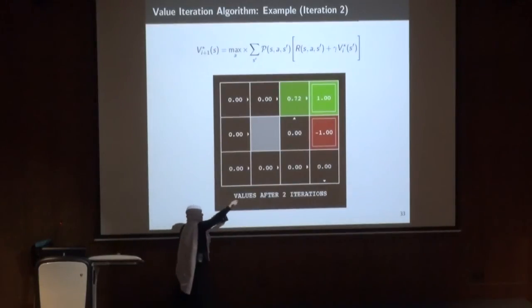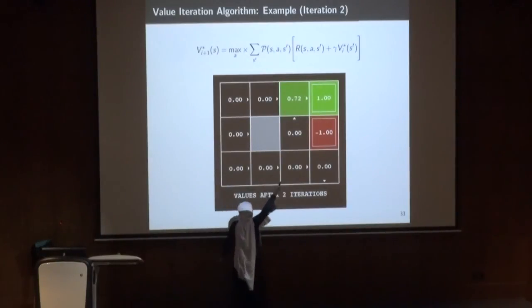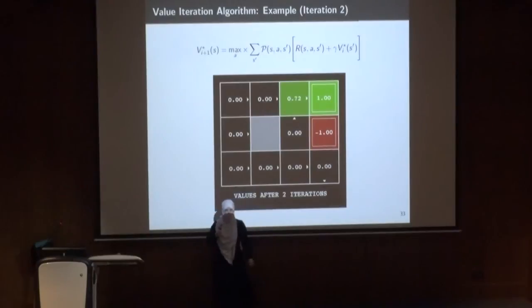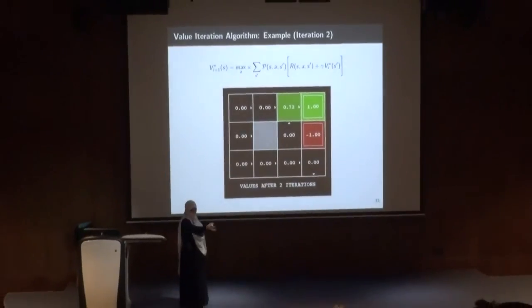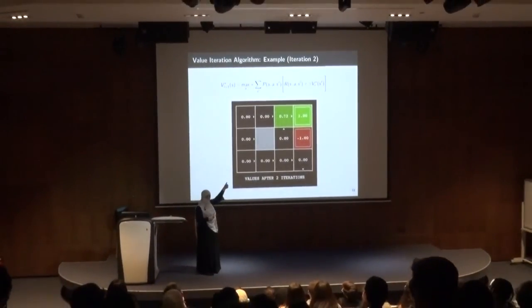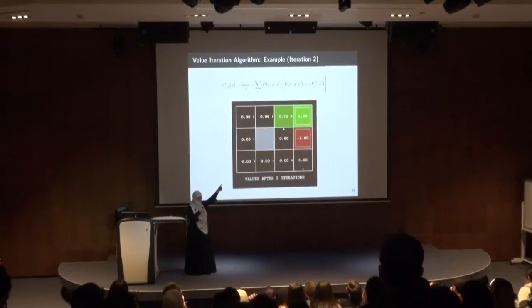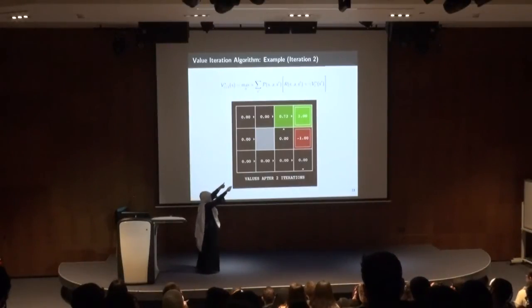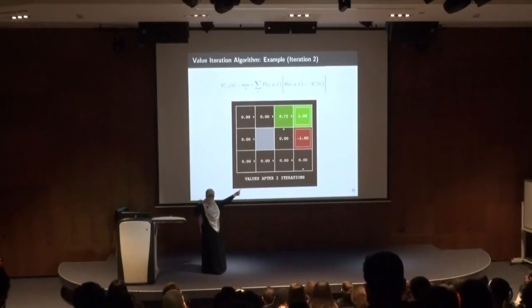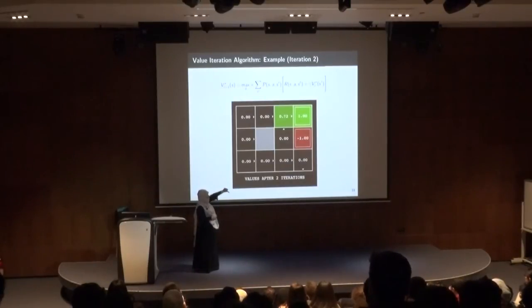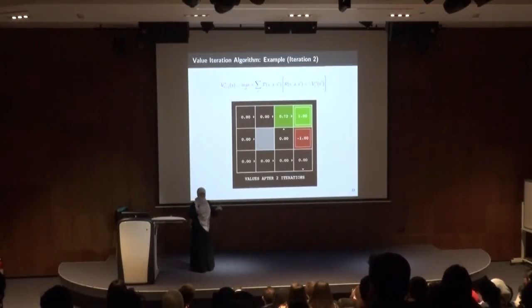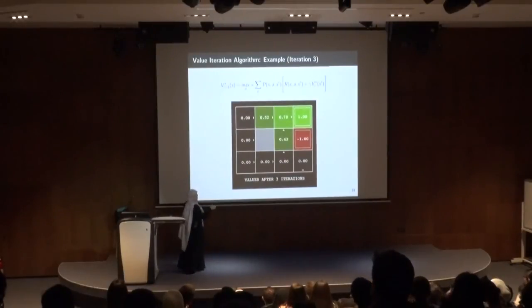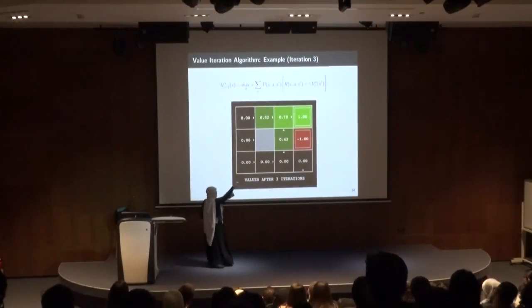Who can tell me why the value of this state did not change? This one, the zero next to the red. It could either go to the right and have a negative value, or go up. But going up, why didn't we use 0.72? Exactly, we're using the V at i. So we're using the values of the previous iteration. So it will be 0. Going down is 0. Staying at the place is 0. So the maximum of negative, 0, 0, 0 is 0. So the value would be 0. Iteration 2, I will update this value and this value.